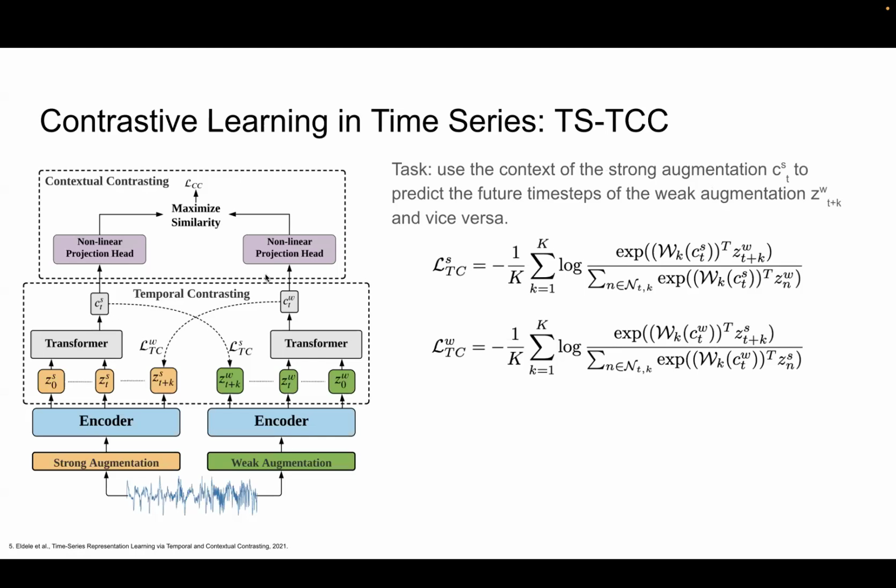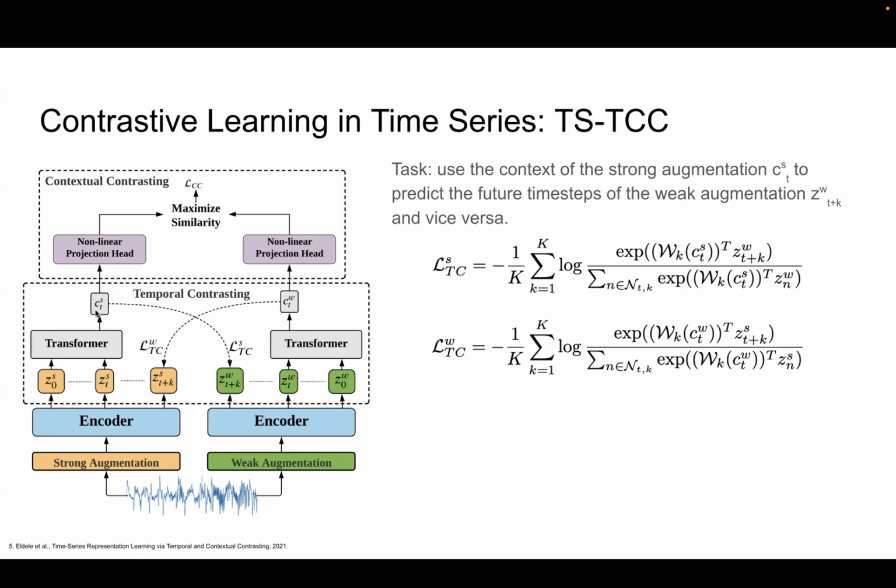The idea is that they designed a unique task that is specific to time series. Instead of just trying to match the embedding of the encoder with strong augmentation to the encoder with weak augmentation directly,